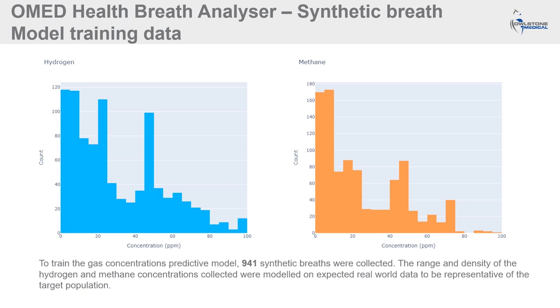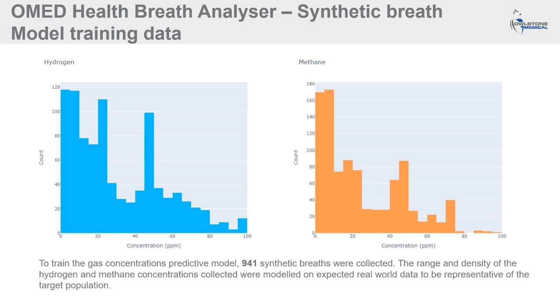The distribution of the gases concentrations were built to resemble what we expect the real distribution in the population to be, to maximize the representativeness of the training datasets. These are modeled around gamma distributions with a higher density of concentrations at the lower end of the range and lower density at the higher end. Some grid points at 25, 50, 75, and 100 parts per million were collected with increased frequency, which can be